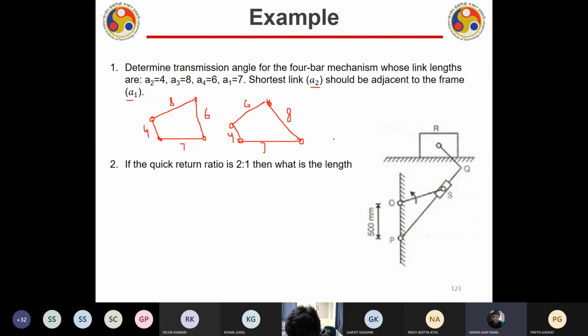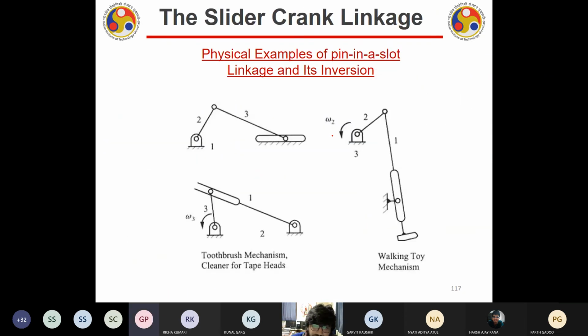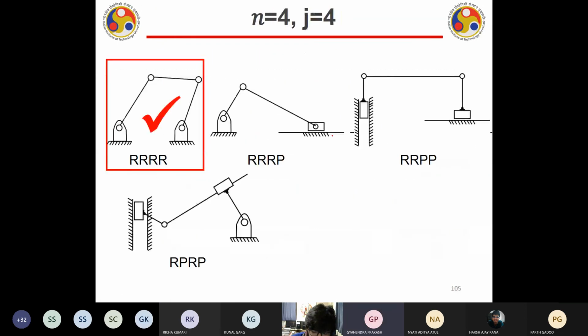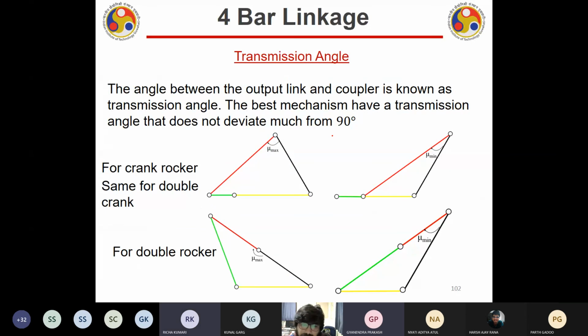Anyone want to correct? Ankit Ojha, Vishal Yadav. Sir, the transmission angle is always the angle between the coupler and the output link, right? Yeah. So we have two cases, the maxima one and the minima. So the maximum is coming to be 102 point something 285 degrees. Okay then. Yes, fine, same answer, sir. But where was I wrong? You said 2.